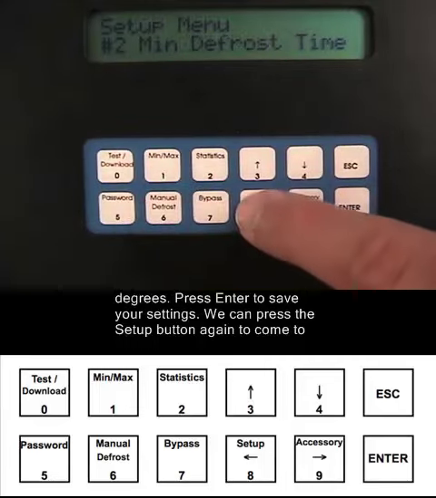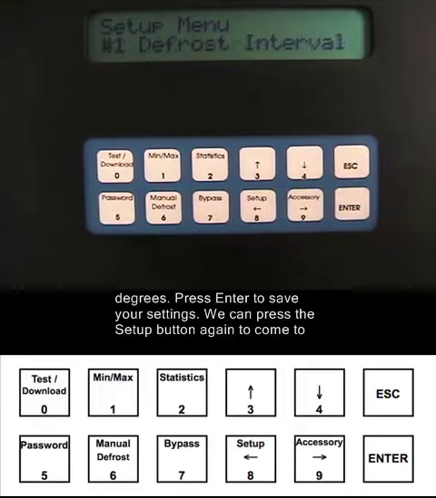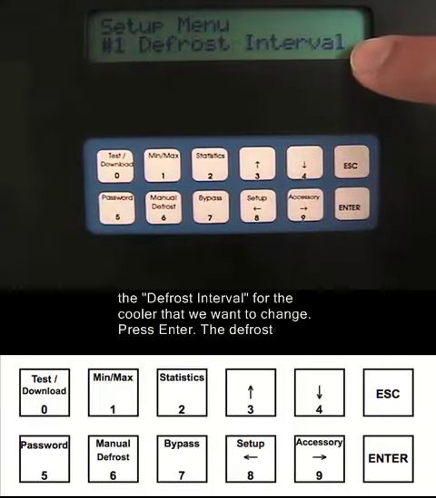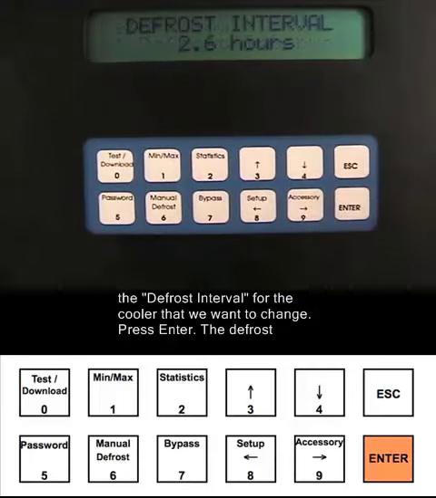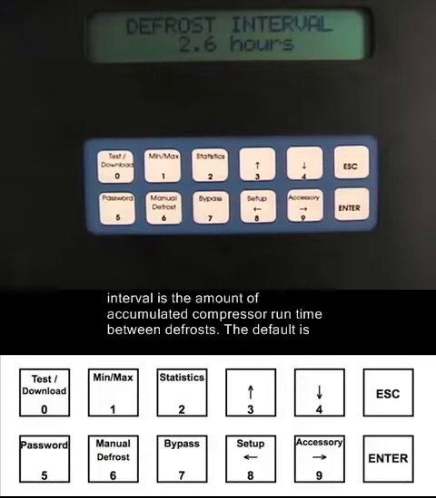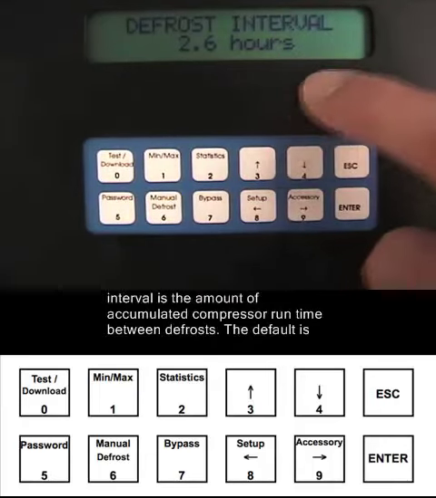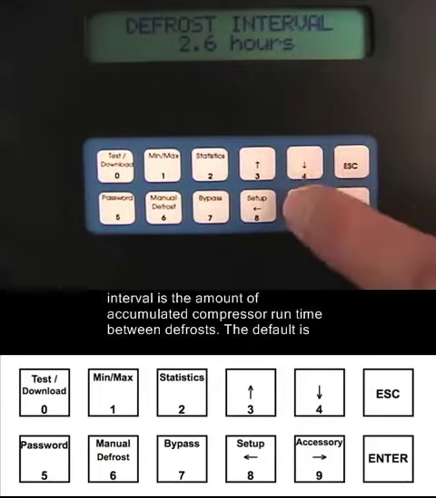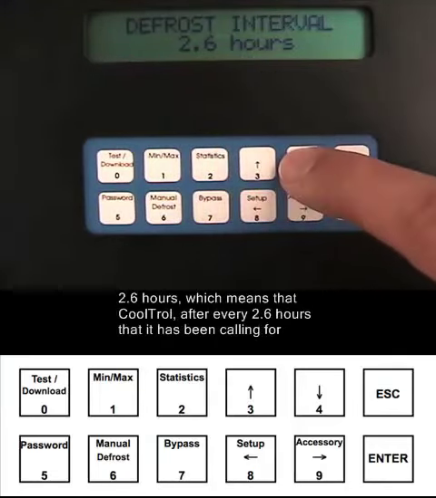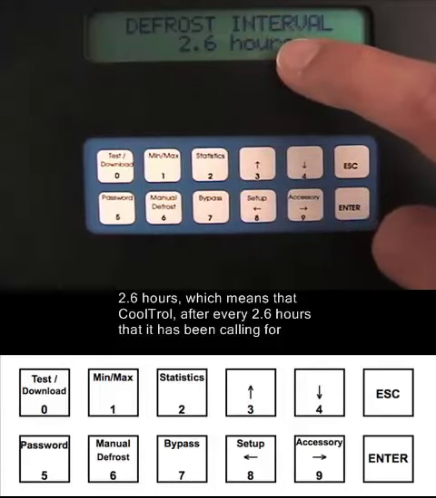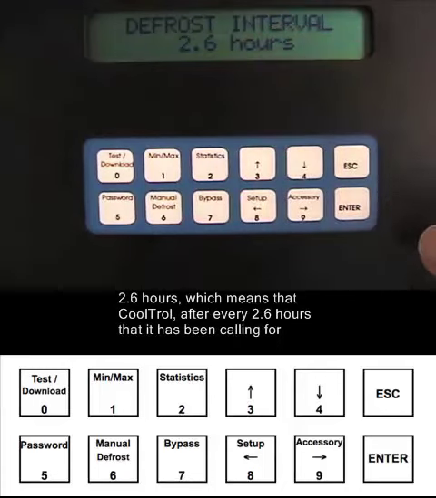We can press the setup button again to come to the defrost interval for the cooler that we want to change. Press enter. The defrost interval is the amount of accumulated compressor runtime between defrosts. The default is 2.6 hours, which means that CoolTrol, after every 2.6 hours that it has been calling for cooling,